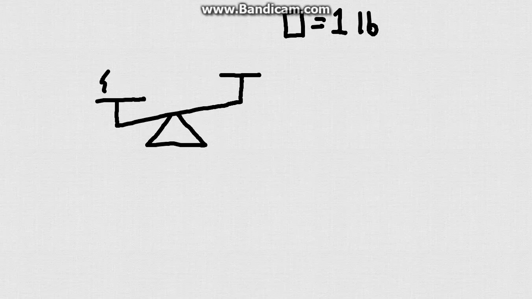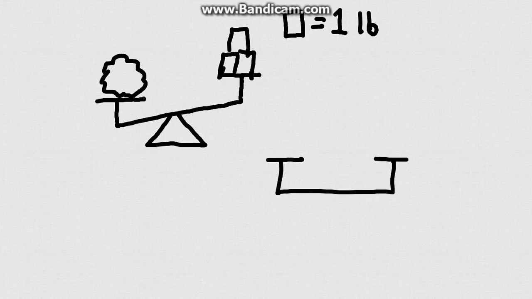If we have this rock and we have no idea how much it weighs, we can put it on a scale, and we can put this guy on here which weighs 1 pound, then we can put a second one, and if we put a third one and the scale suddenly balances out, what is that telling us? That tells us that this rock now weighs 3 pounds, right? So once you know how much the rock weighs, you can compare the rock to any other object that you want. So let's say now